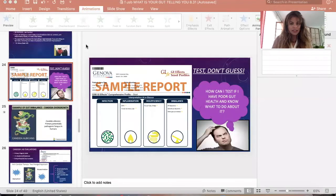So I want to share with you how insightful it is to do a test on your stool, because this stool will pretty much tell us about the rainforest and the soil that we have been talking about. And by that I mean the balance or imbalance of the bacteria that live within your intestines and within your body. So I want to walk you through a case study that I recently worked with,